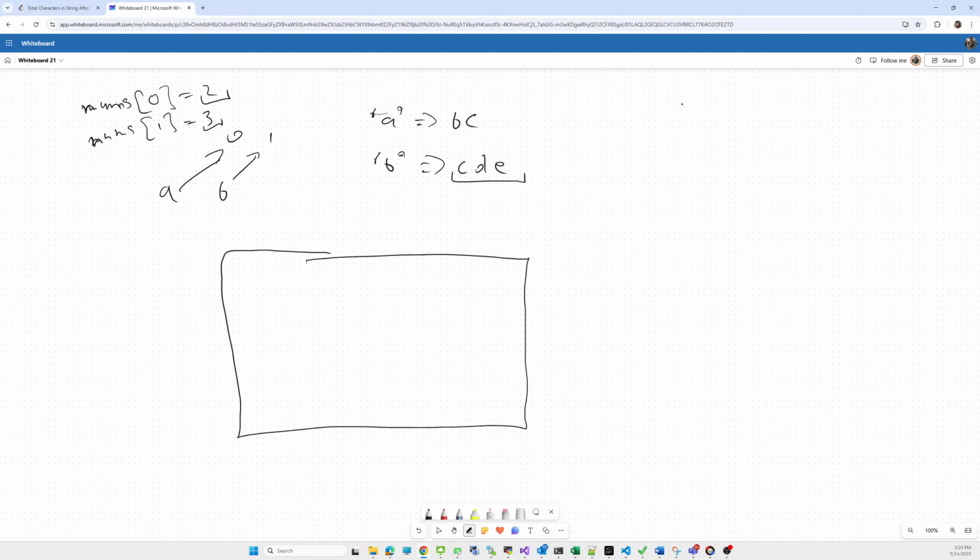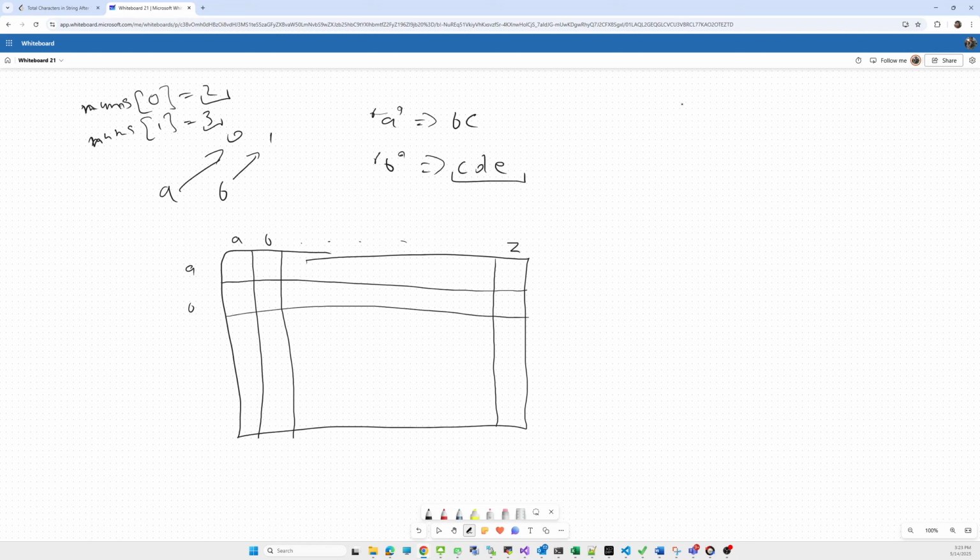So let's think of an approach where we have a square matrix. In this matrix each column corresponds to a character: a, this one corresponds to b, and so on up to z. Similarly the rows also correspond to a, b, and so on, but each row represents which characters are introduced from that particular character. If the nums array is 2, 3 and so on, then what will be the values in this matrix?